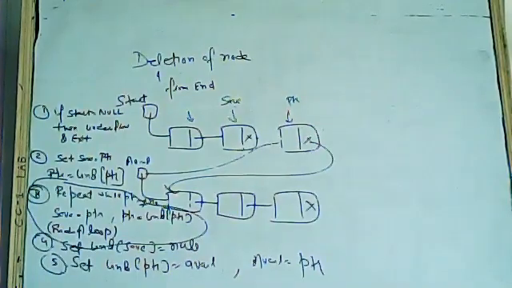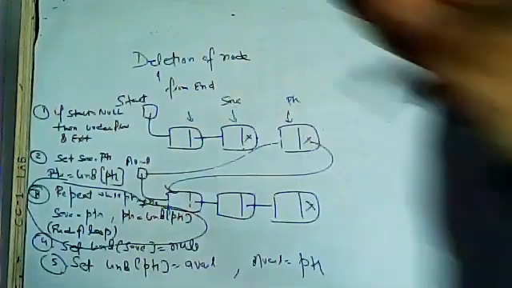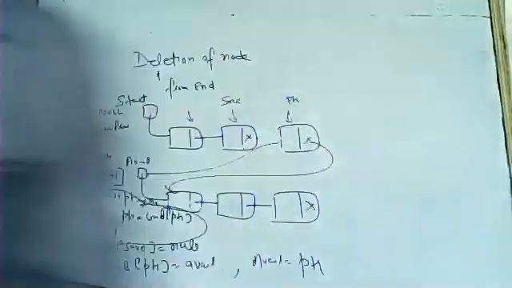Start is equal to null, where will that come from? 23 people have attempted start is equal to null. Start is equal to null means there is no node in the linked list. And two people even wrote start is equal to avail, which had no logic at all. Should we move on now? Yes, sir.